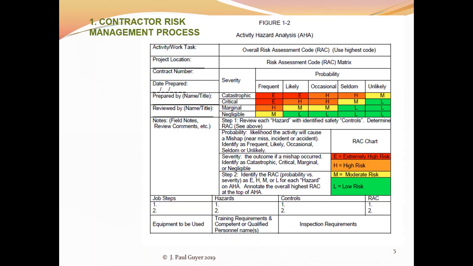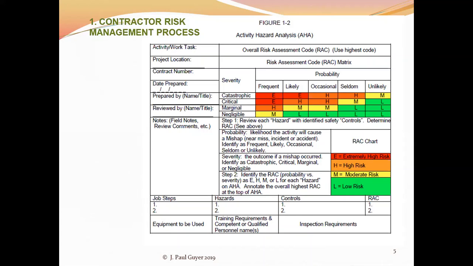And so for the job step, you assign a risk assessment code to that job step. So job step number 1, using your judgment and the thought process that you've gone through, you assign it a high risk rating. And you just, in column 4 on the right, you enter H for